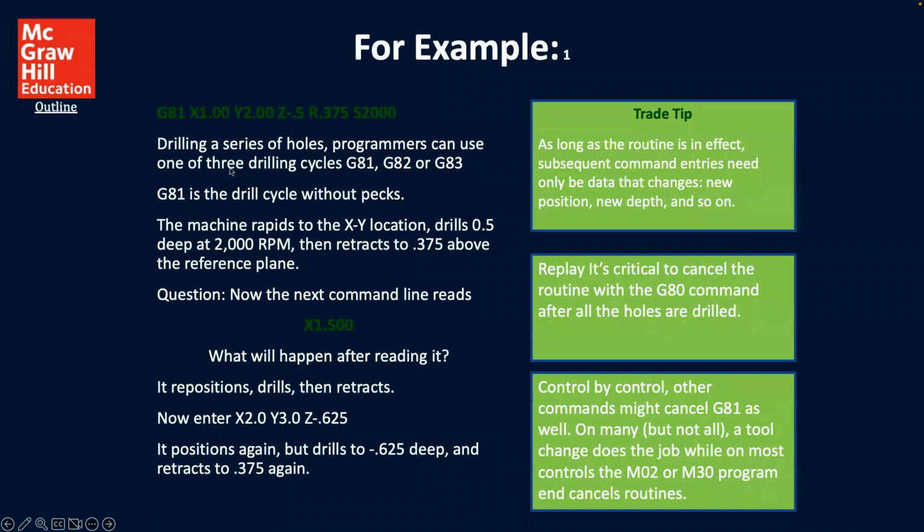Programmers can use one of the three drilling cycles, G81, G82, or G83. G81 is a drill cycle without peck. The machine rapids to the XY location, drills 0.5 deep at 2000 RPM, then retracts to 0.375 above the reference plane. Question, now the next command line reads